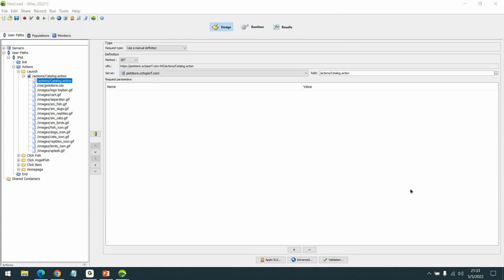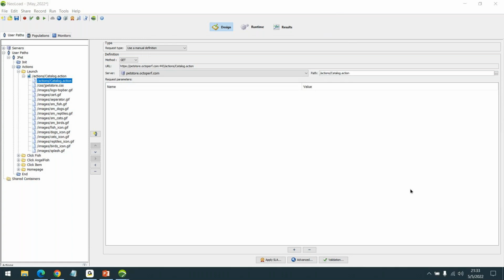Okay, since we are doing this in the design section, I was slightly confused, but now I'm getting some clarity. So if we do the same execution in the runtime environment, then this validation will happen against the actual application response, right? Correct.